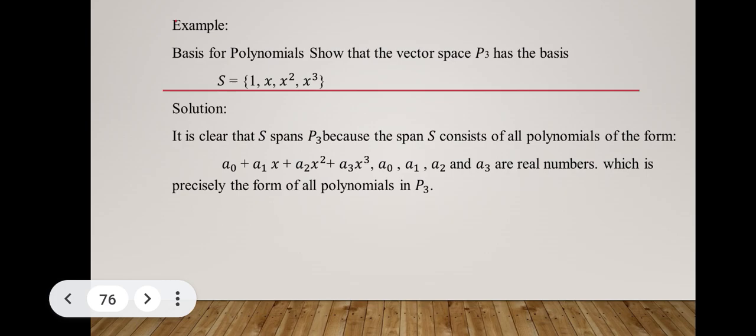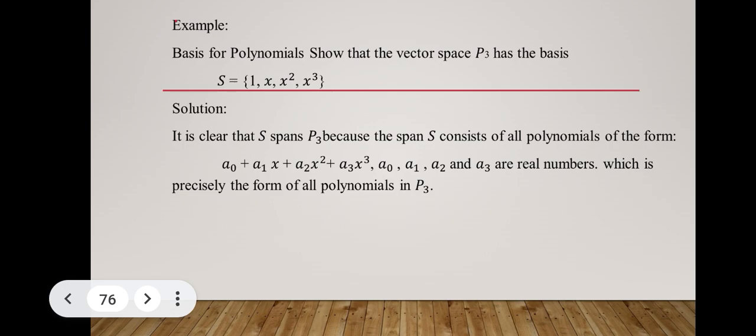Another example, basis for polynomials. We need to show that the vector space P sub 3 has the basis S is equal to 1, x, x squared, and x cubed. So, how do we do that? The solution is, it is clear that S spans P sub 3. That is because the span of S consists of all polynomials of the form